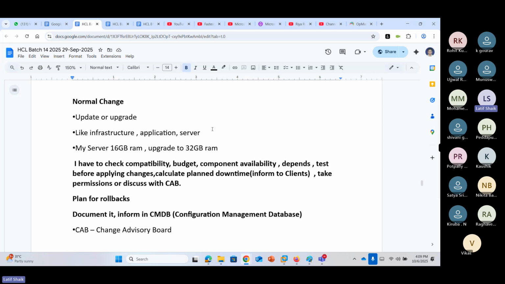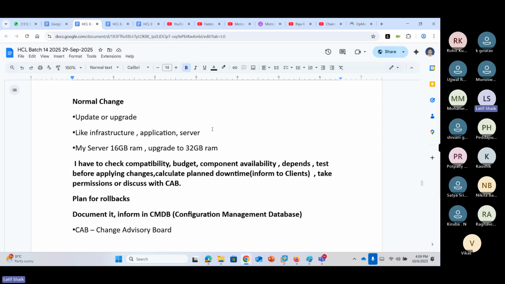What are the compatibilities and component availability for these changes? Have you tested this change in a test environment? You have to discuss with the CAB. Once the CAB gives permission, apply the change. Once the change is done, check the things.